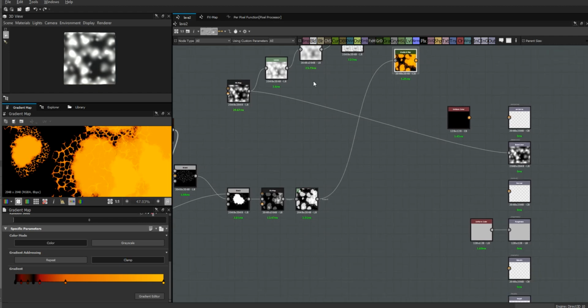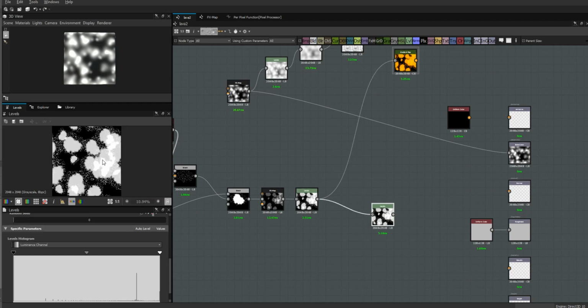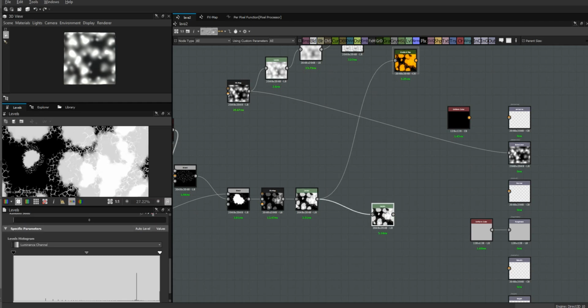And we're going to do that by getting a levels node and coming into this original map that we're getting out of, the one that we corrected, that's coming out from our first effects map. And I'm going to go ahead and correct for,